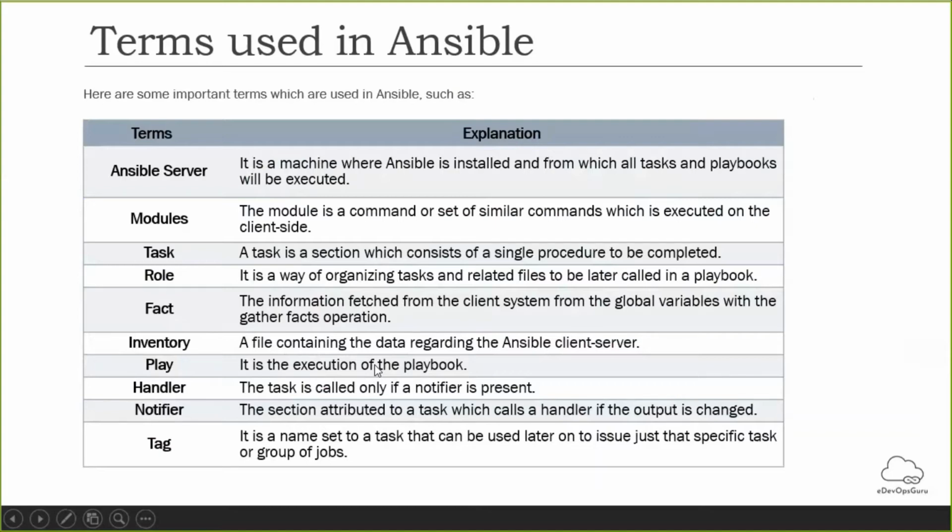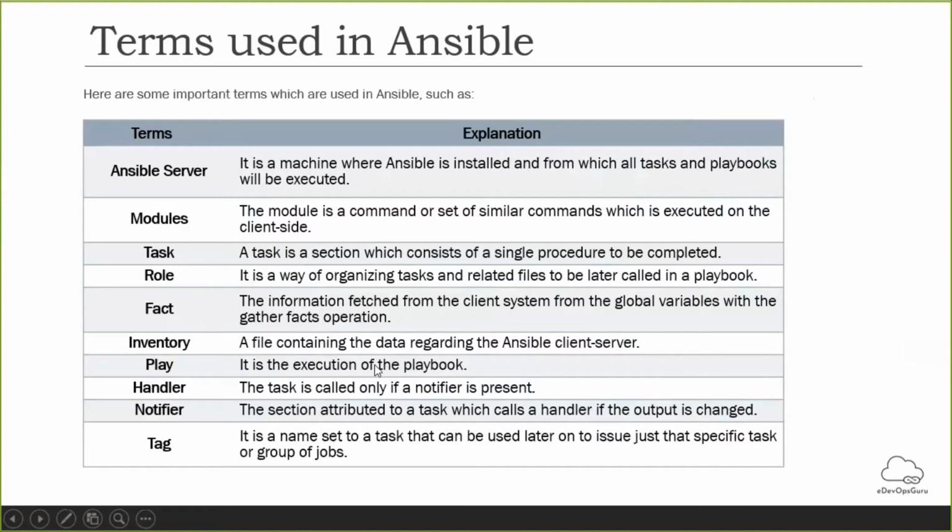So now we'll go to the inventory or host file. What is there in the host file? Ansible works against multiple managed nodes or hosts in your infrastructure at the same time, using a list of groups known as inventory.